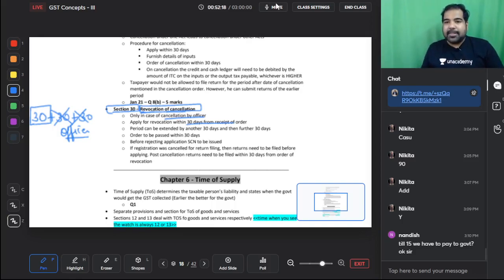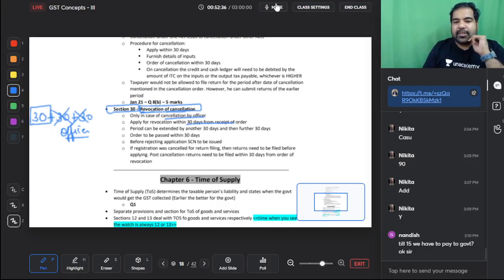It's like a breakup, it's like a fight with a friend. If you're going to get back to your friend, you will not do what you did earlier, by which your friend was angry. Perfect. And if you can't file your return because your registration is cancelled, they'll revive the registration, but you need to file your returns within 30 days.